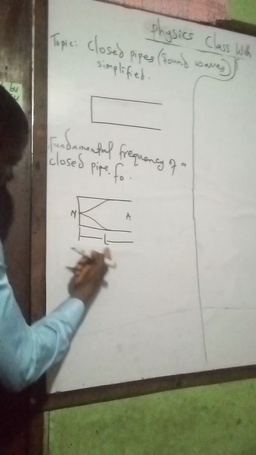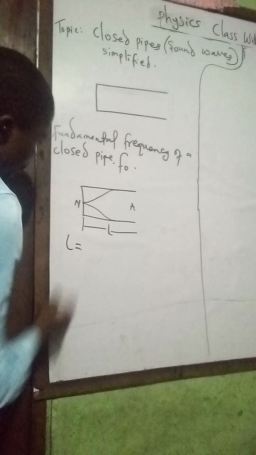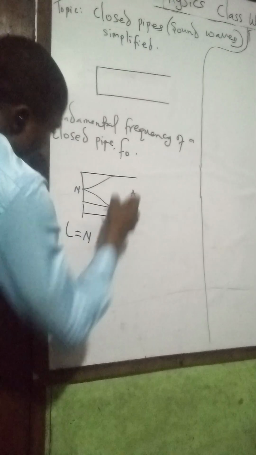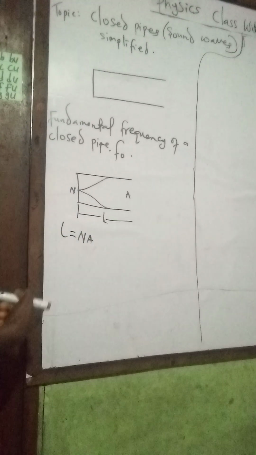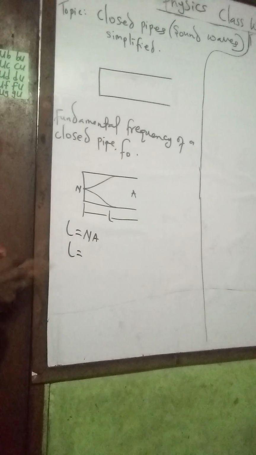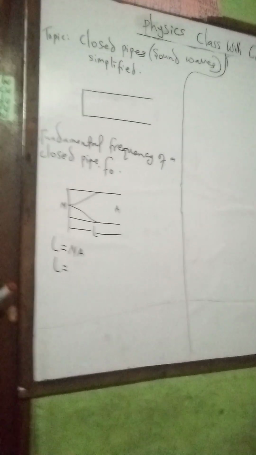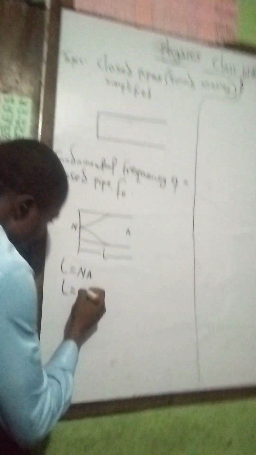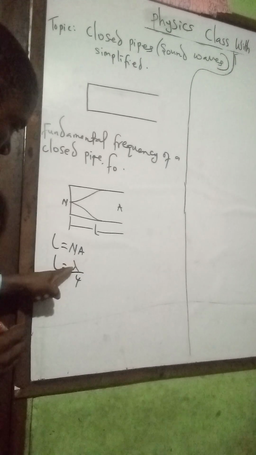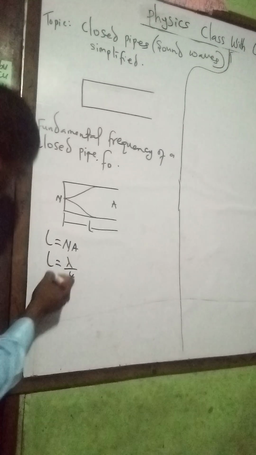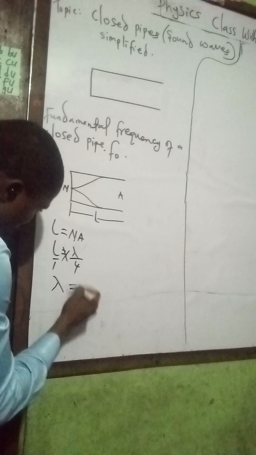So to find the length of this pipe, which is L, node to antinode, from here to here is the length of the pipe. The distance between node and antinode is equal to 1/4 of the wavelength, which is wavelength over 4. Then I can get my wavelength by crossing and multiplying over 1. 1 times wavelength equals 4 times L,